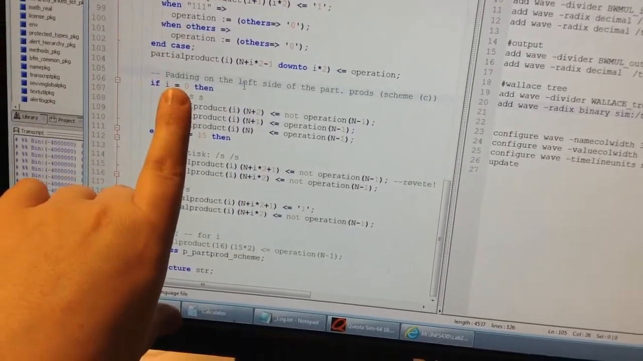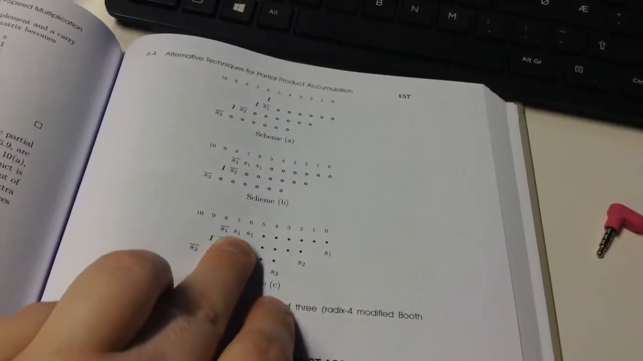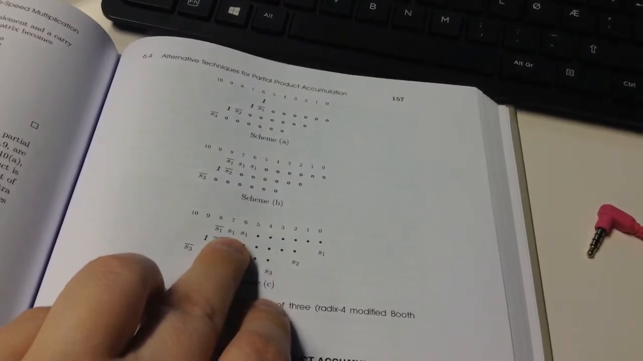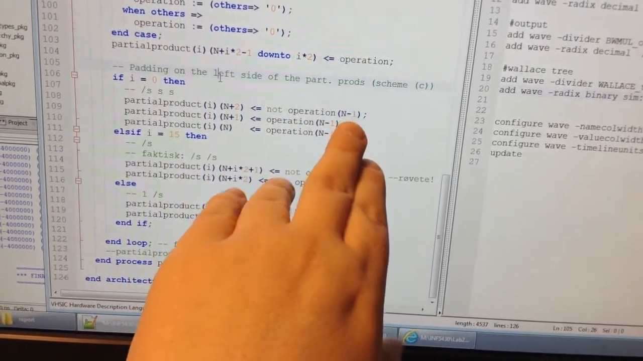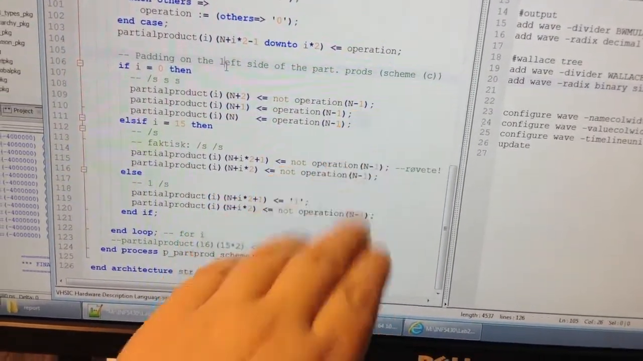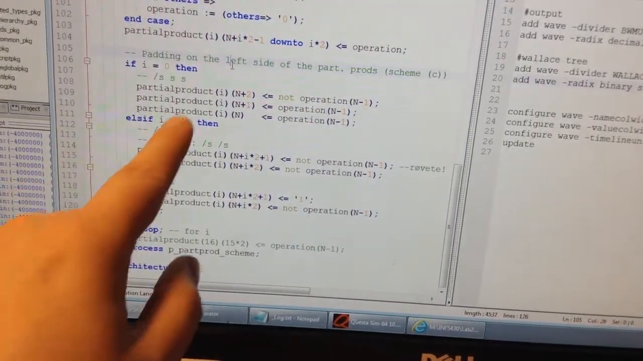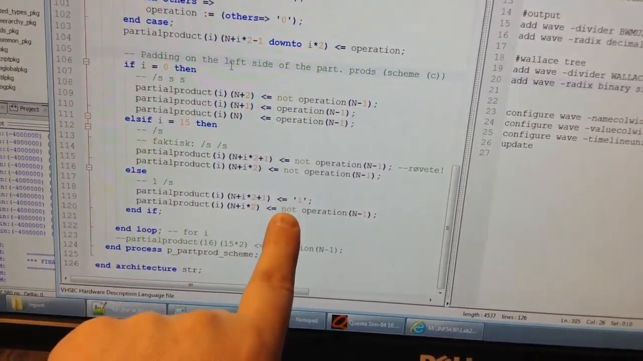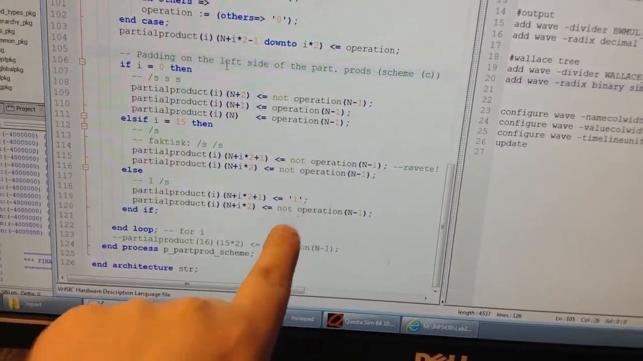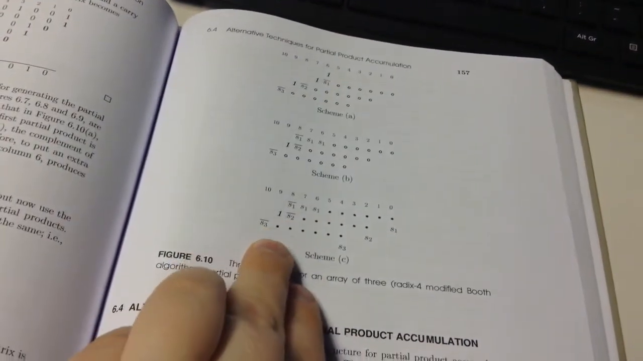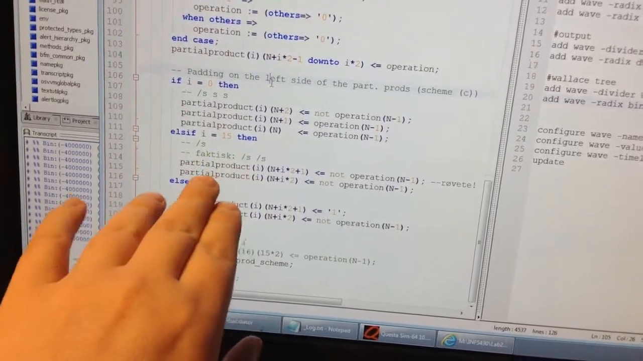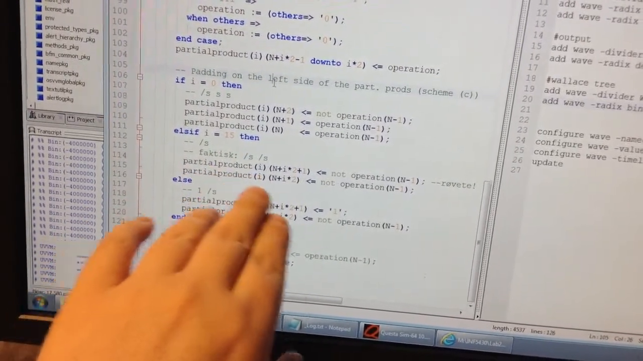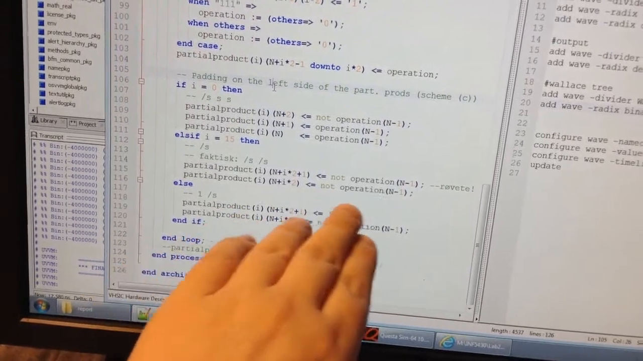If it's the first one, then you can see we have to pad with a sine, sine, inverted sine. So that's what we're doing here: sine, sine, inverted sine. And then if you're in the middle and not in the last, then you're going to add a 1 and then the inverted sign. Then in the last part of the algorithm, that's i equals 15, that will be the 16th partial product of a 32-bit multiplication, and you have to do